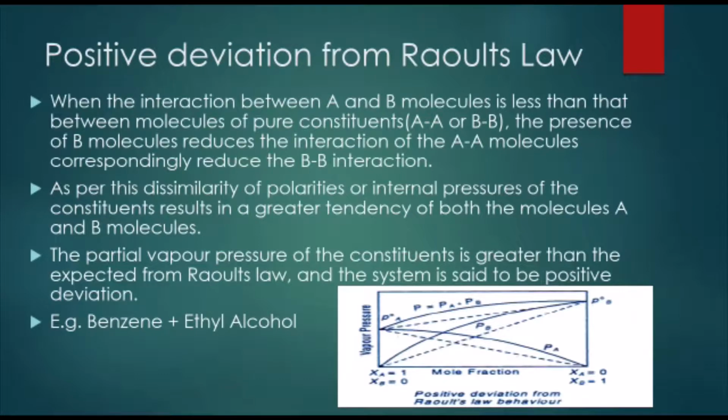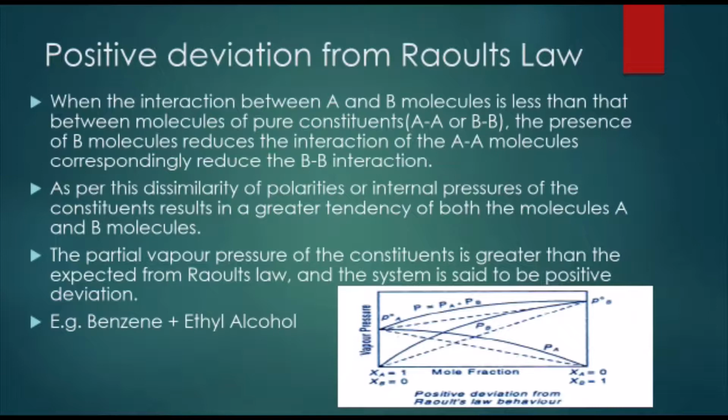So whenever the interaction between the solution molecules, A and B, where A is a solvent and B is a solute, is quite less than that of the individual constituents present in that solution, for example the force of attraction between AA or between BB is much higher than the force of attraction between A and B,